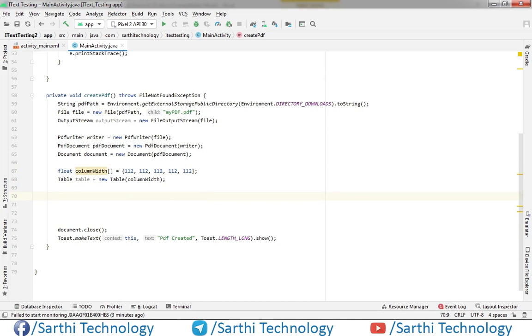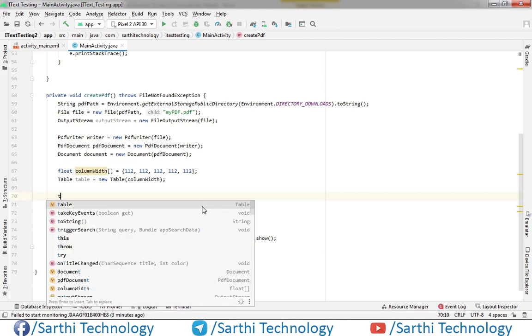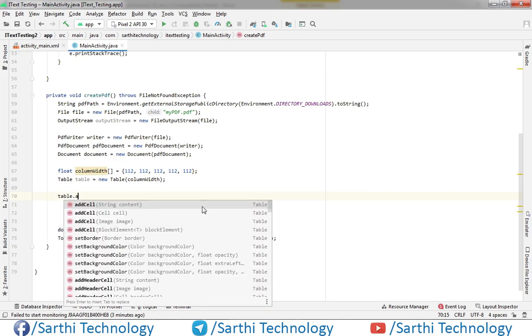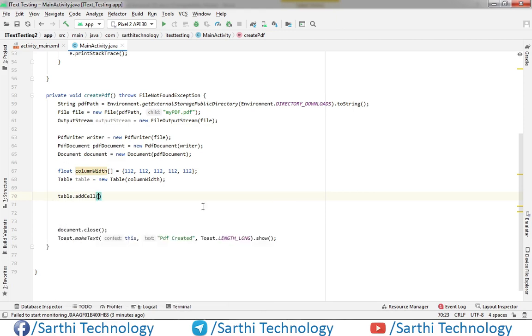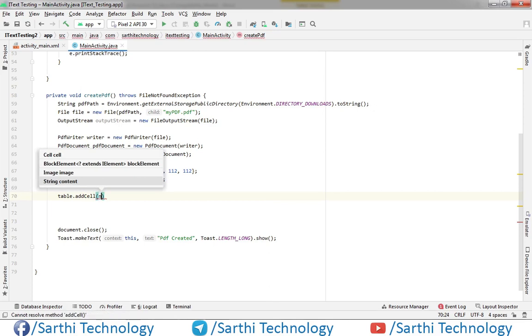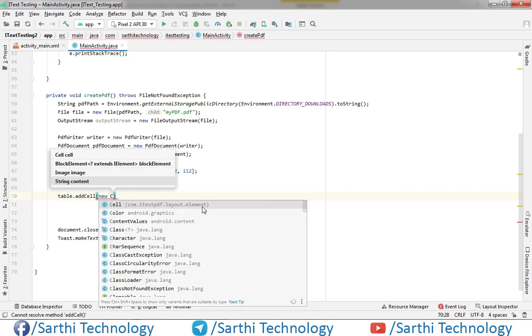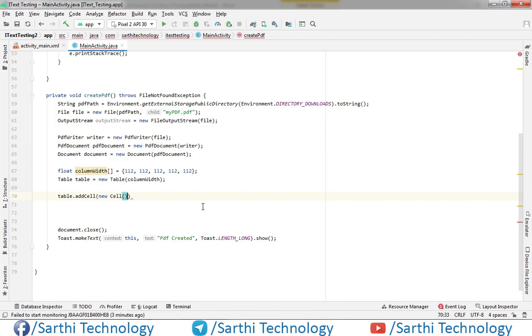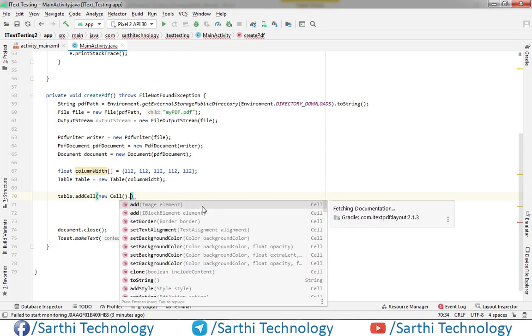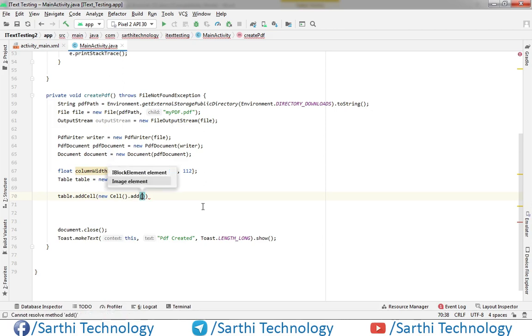Now create a cell, and for that, on this table object, call add cell, new cell, dot add paragraph.